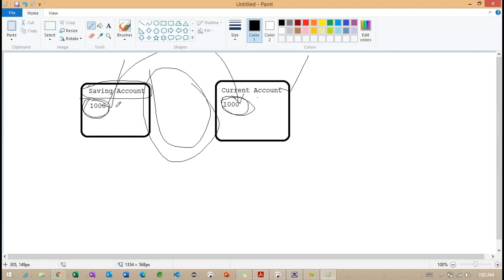Carefully observe: the amount is debited from the saving account, but the same amount is not added into the current account. Where did this amount go? Once it is debited, it goes to the bank people, and from the bank people the amount needs to be added into the current account, but this adding operation is not involved. In the business perspective, we need to understand very carefully who is getting the advantage. The bank people get the advantage, and as a user we are losing this 1,000 rupees.